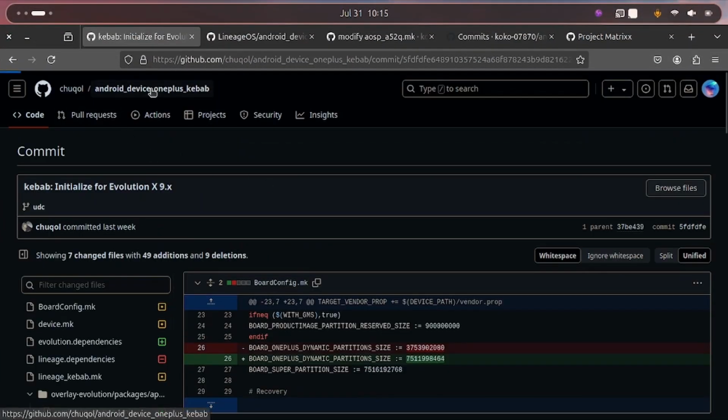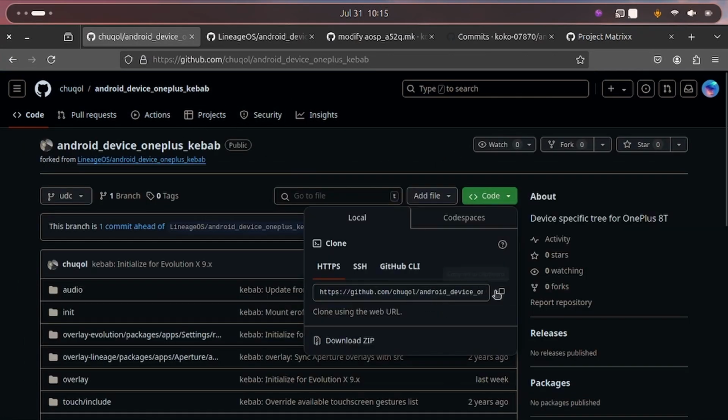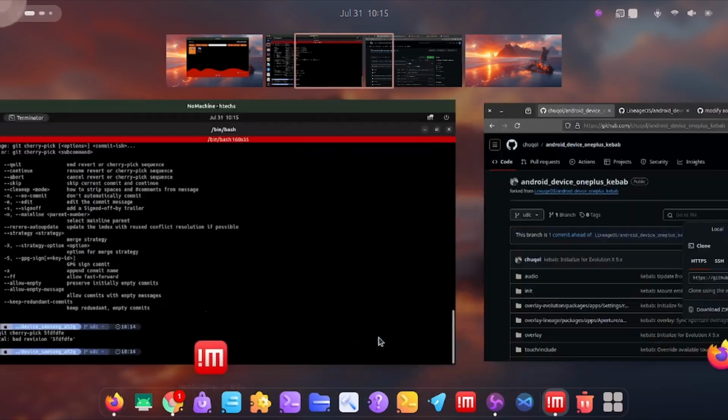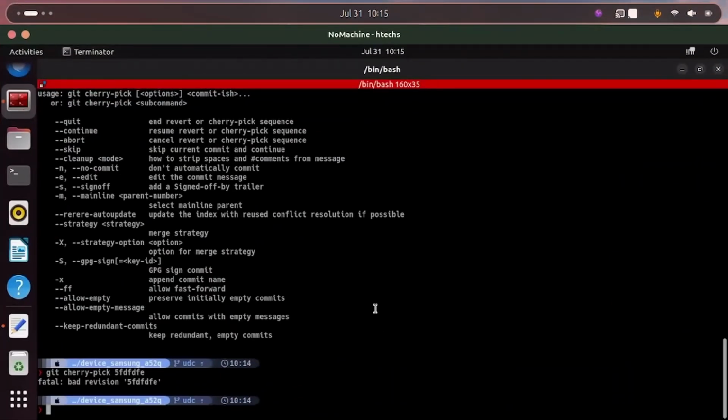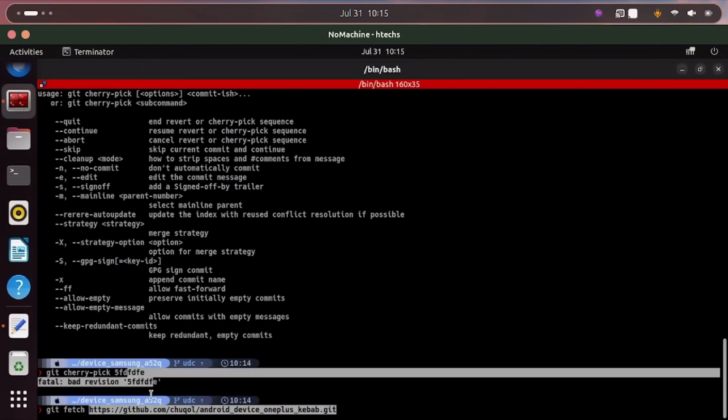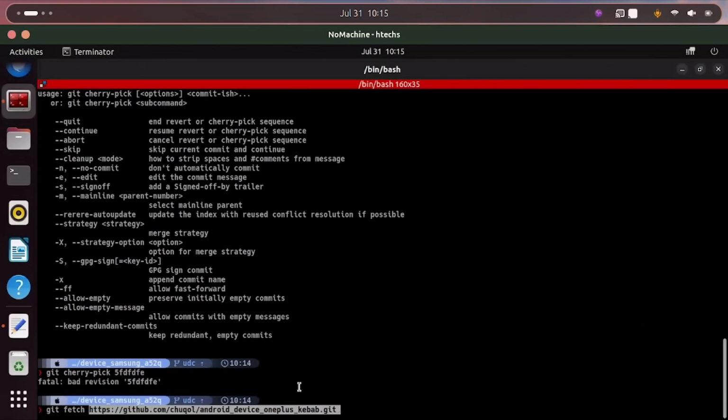So for example, I want to do that commit that we saw earlier. You just have to come back here, then copy this one, go back to your lineage tree, and then do the git fetch. And if you do the git fetch, you can then do git cherry pick, and it's going to pick these changes for you. Sometimes if you do cherry pick, you get some errors, conflict